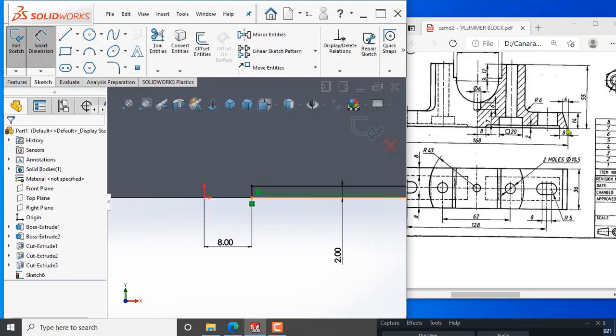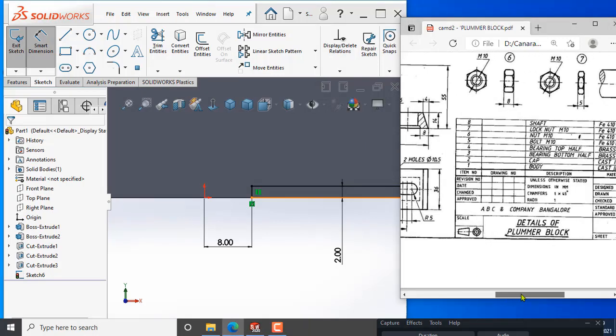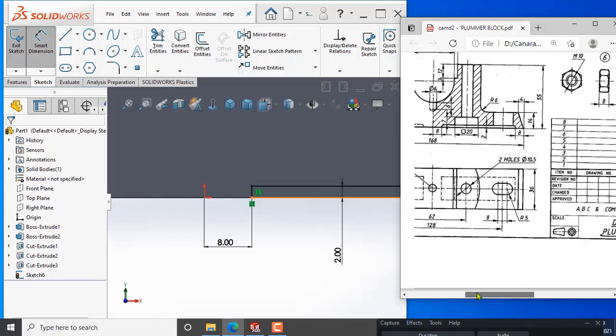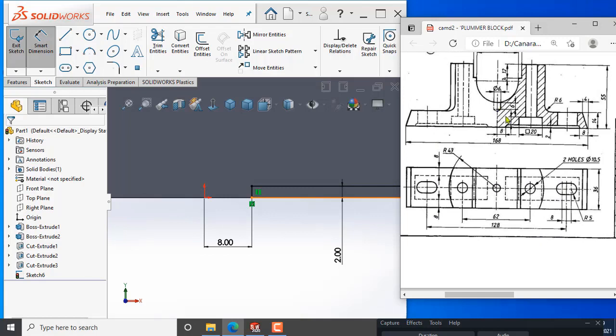Next I require a radius. Is the radius given? If not given, it may be given in the title block. See in the title block, right? Unless otherwise stated, the dimensions are in mm. Chamfer should be 1 into 45 and radius 1 mm. So there is a radius, so I will give a 1 mm radius over there